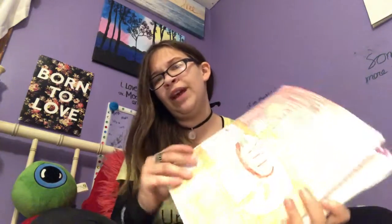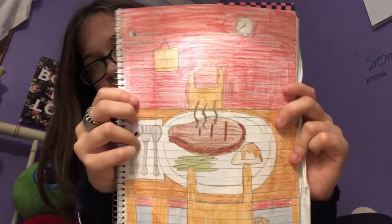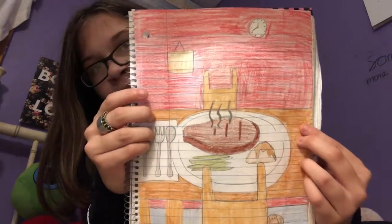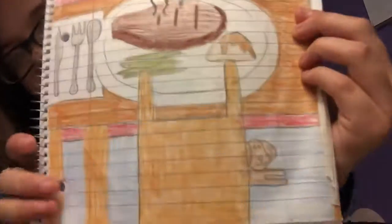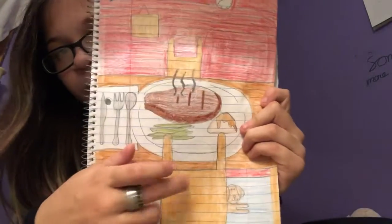This one, maybe I just drew what I was having for dinner. This looks nothing like my house, by the way. Our walls aren't red, they're blue. So there's a little dog under the table. I don't know. I was trying to mess around with